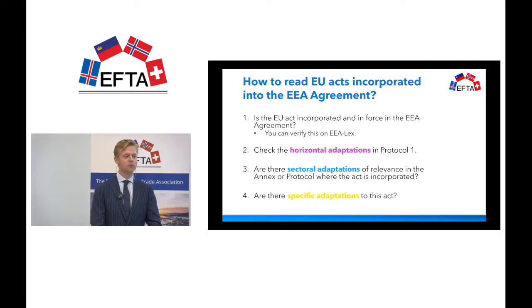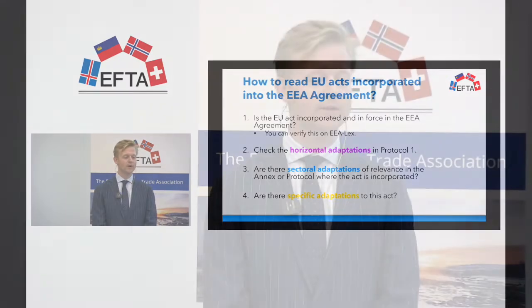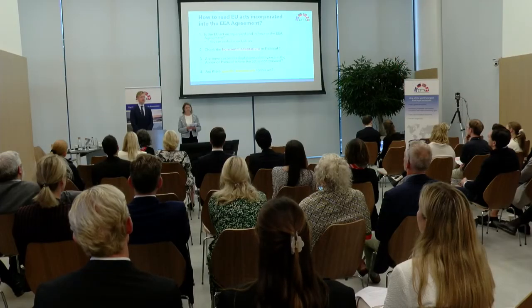And if it says that it's incorporated and in force in the agreement, the next step would then be to check whether or to what extent the horizontal adaptations of Protocol 1 apply to the act. Then moving on to seeing the annex or the chapter of the annex or the protocol where it's incorporated and see to what extent the sectoral adaptations there will apply. And then finally looking at the specific adaptations, which are found then either in the decision of the Joint Committee that incorporated it or will be listed alongside the act as well in the relevant annex, and see to what extent they apply. So 4 steps,